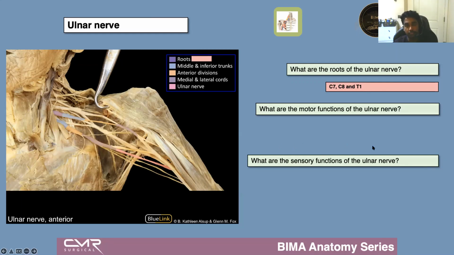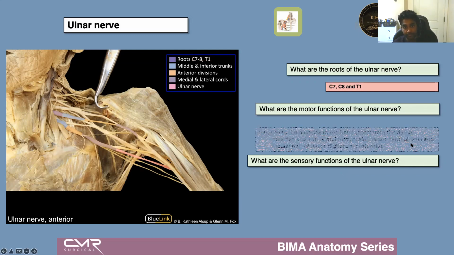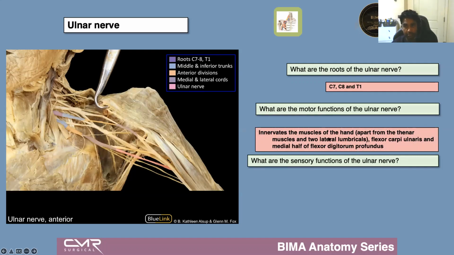Cool. All right. Everyone want to have a go at the motor functions of the ulnar nerve then? The faster anyone answers, the less likely we are to overrun. Yeah. So the muscles of the hand and also the flexor carpi ulnaris and the medial half of the flexor digitorum